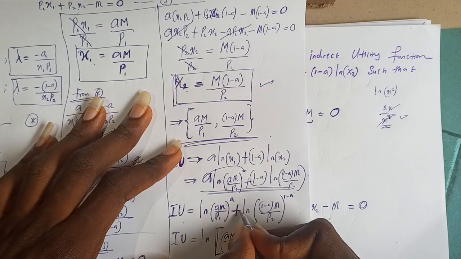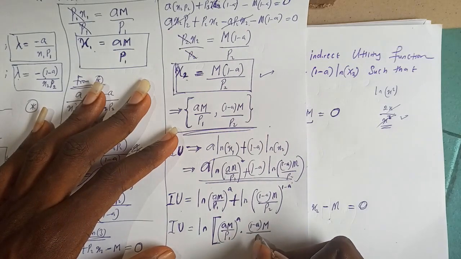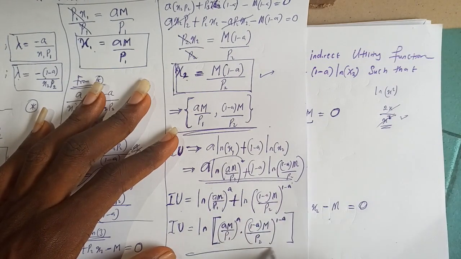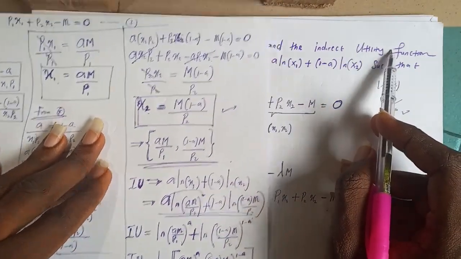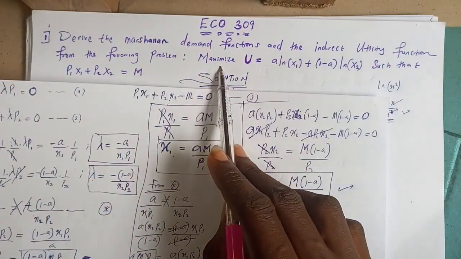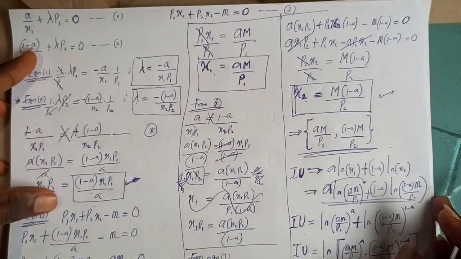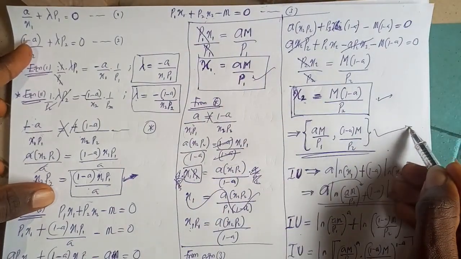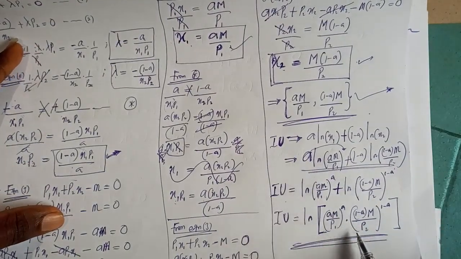by the rule of logarithm, when you have addition, you go ahead and multiply, times 1 minus a of m over p2 raised to the power of 1 minus a. So the final answer I have here gives us the indirect utility function of this maximized utility. So this gives the final solutions to the problem that we have. So you recall this gives us the Marshallian demand functions, and the final result we have here gives us